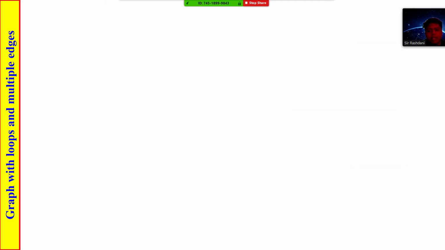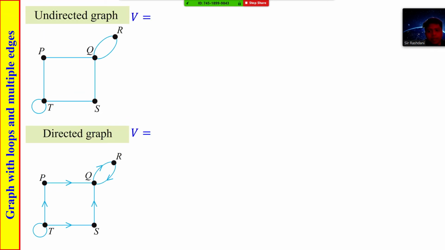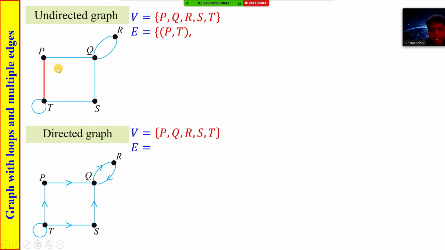Okay, next, the directed graph, with loops and multiple edges. Let's say we have a graph with vertices P, Q, R, S, T, and E is the set of edges. Like we learned in the previous chapter, subtopic, sorry, when this one is PQ, we have a sign. So we start from TP, not PT. In an undirected graph we can start at either PT or TP, but here we need to start with TP because we have an arrow here.